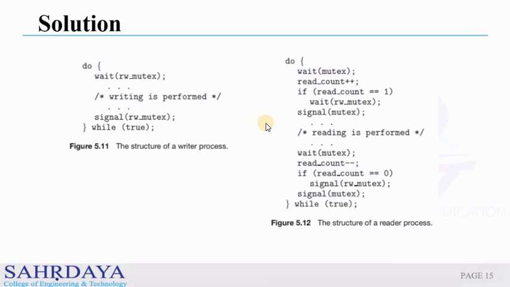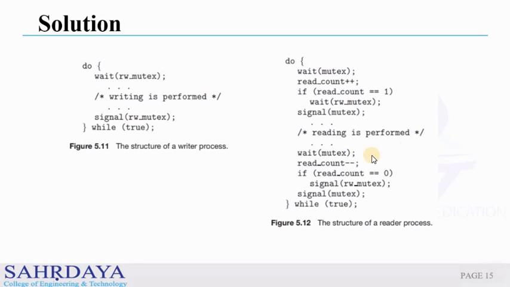On the other hand, in the code for the reader, the lock is acquired whenever the read count is updated by a process. When a reader wants to access the resource, first it increments the read count value, then accesses the resource, and then decrements the read count value. The semaphore RW mutex is used by the first reader which enters the critical section and the last reader which exits the critical section. The reason for this is when the first reader enters the critical section, the writer is blocked from the resource. Only new readers can now access the resource.